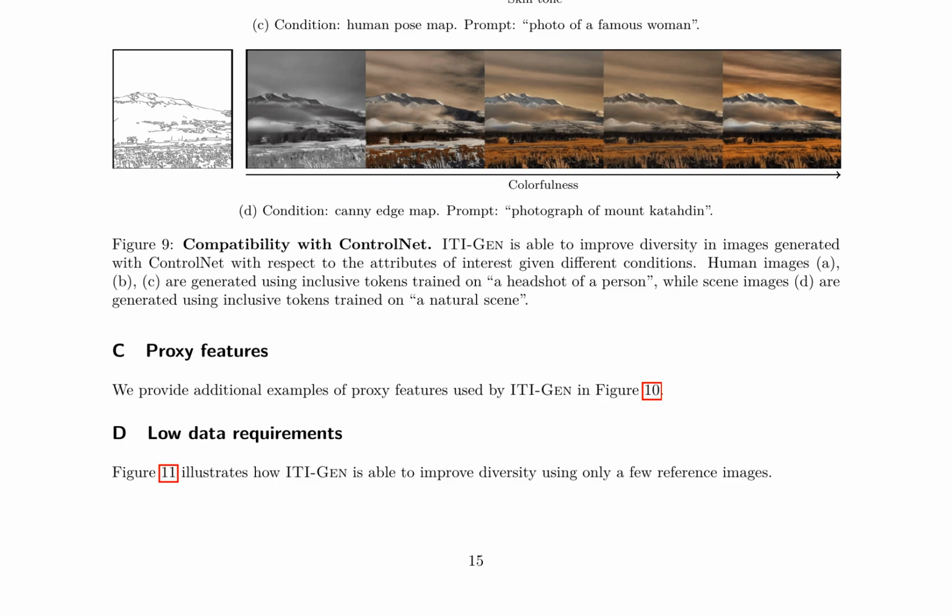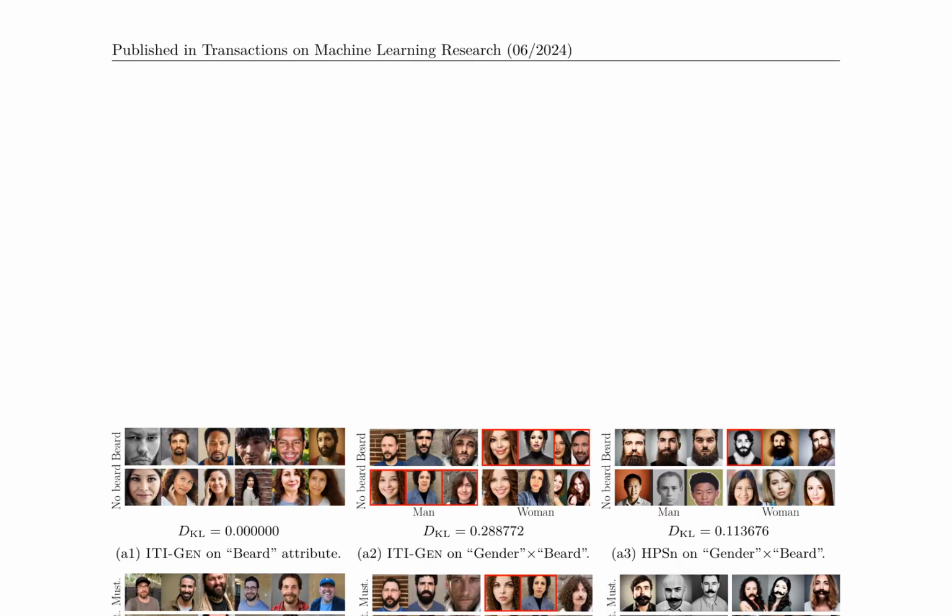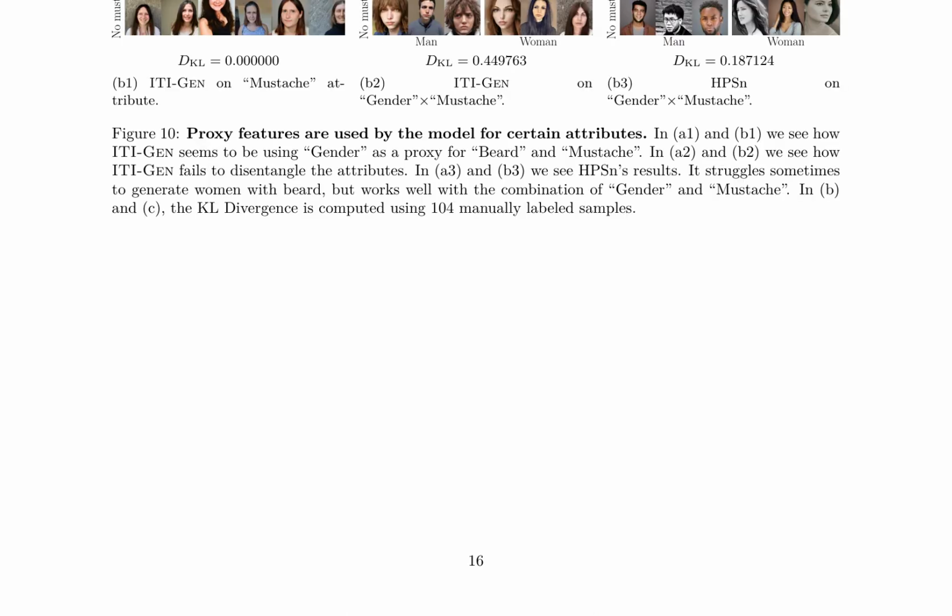Page 16 delves deeper into the model's performance on attributes like gender and facial hair, demonstrating its ability to use gender as a proxy for beard and mustache. The results indicate that while ITI-GEN struggles to generate women with beards, it performs well with the combination of gender and mustache. The study emphasizes the model's low data requirements, showcasing improvements using only a few reference images. Overall, the research demonstrates the ITI-GEN model's capabilities in generating diverse images based on various attributes, highlighting its strengths and